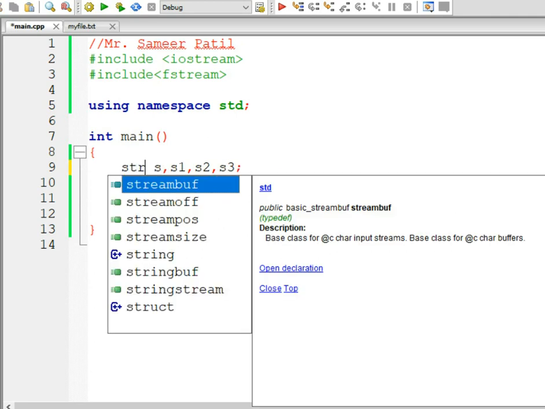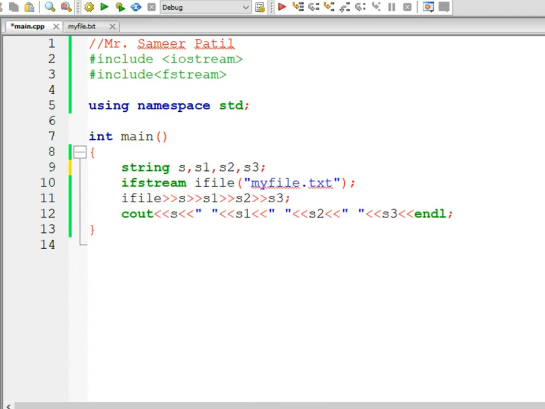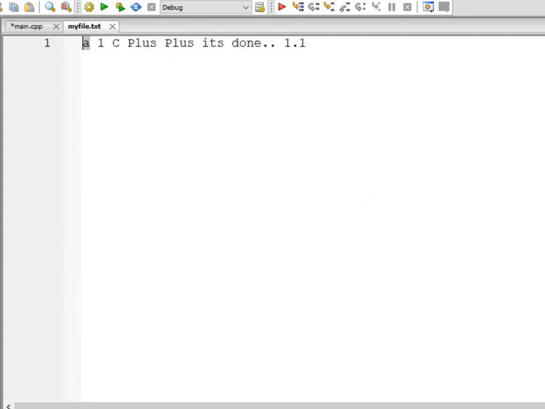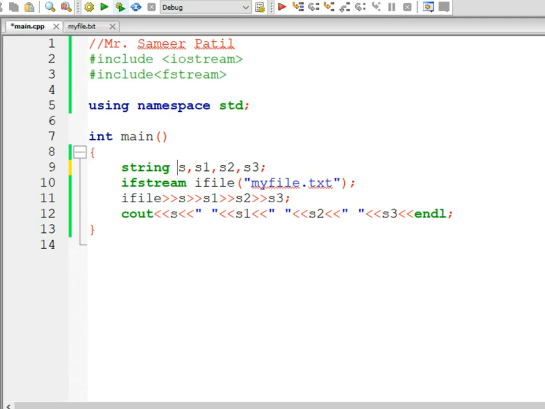If you just replace this data with the string, then each and every character will be treated as a string. But in the first string there is only one character, in the second string also there is only one character, in the third string also there is only one character, in the fourth string there are 4 characters, and now we are reading a string and not a character. It will read the entire string from the file.